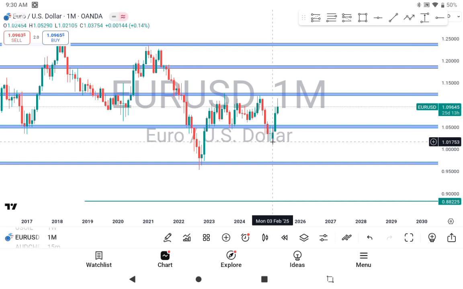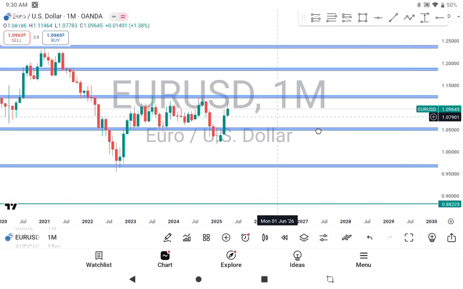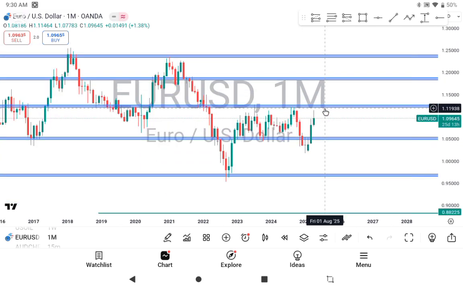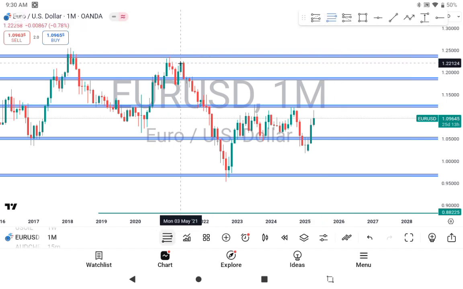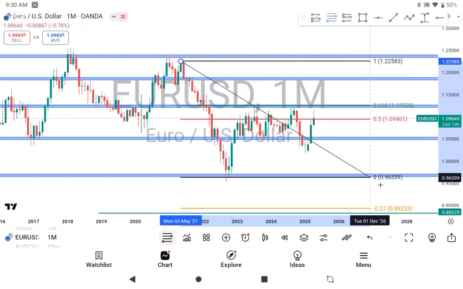Now, traders thought that Euro USD had finally broken out of the range, and Euro USD disappointed the traders, and what, it shot back in again. Now, as we can see, Euro USD is officially back in a range. Now on the monthly time frame right here, if I use the Fibonacci from the swing high to the swing low,